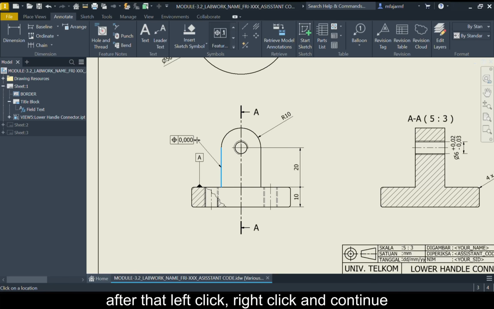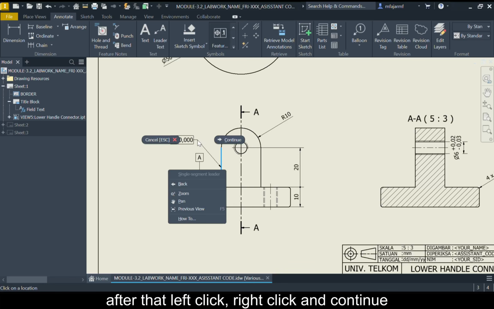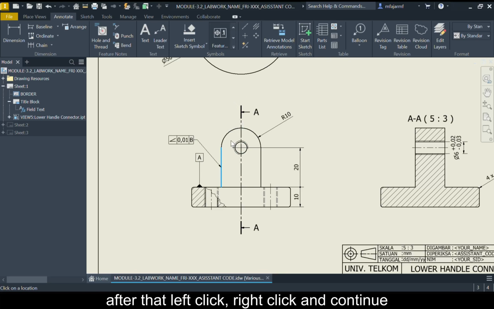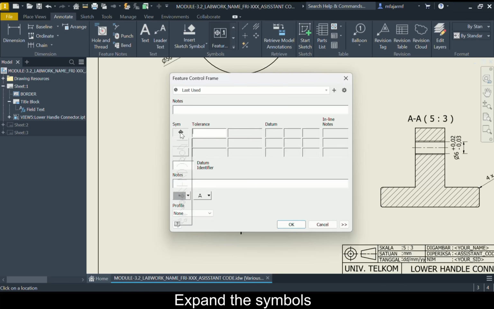After that, left-click, right-click, and continue. You can expand the symbol, choose perpendicularity.